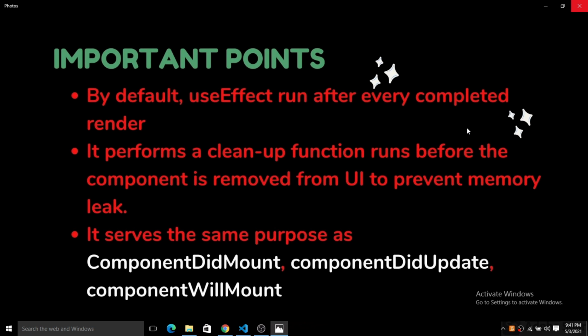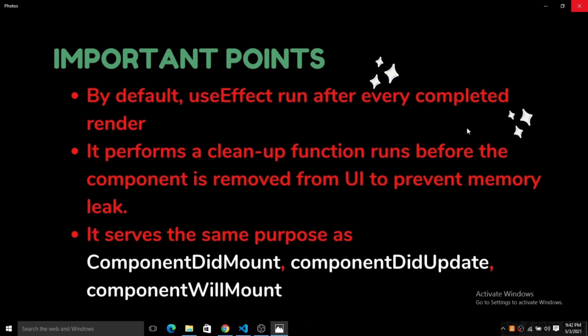Another point, which is the third most important thing: if you have a background in class components, then it is very important for you. It serves the same purpose as componentDidMount, componentDidUpdate, and componentWillUnmount. It is a combination of these three functions.